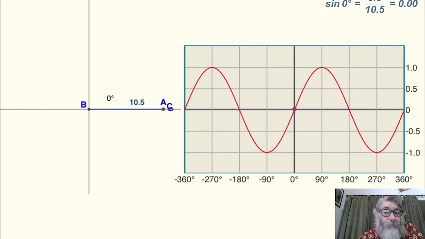That you know also. Along the x-axis, sine x is always 0. What else is 0 along the x-axis? Tan x is also 0. Is it? Tan x is sin x upon cos x. Sin x is 0, and cos 0 is 1. So it will become 0. So on the x-axis, sine and tan are always 0.